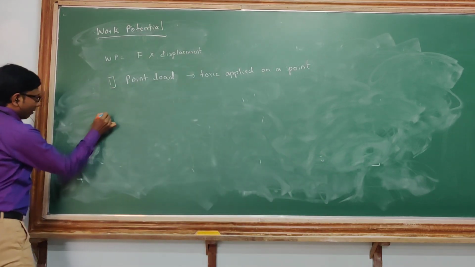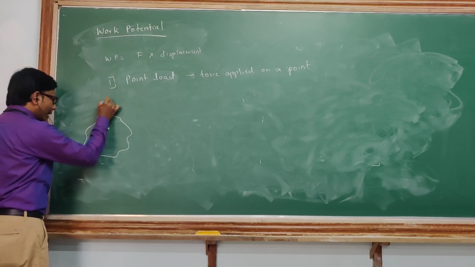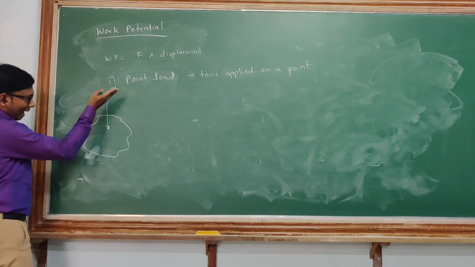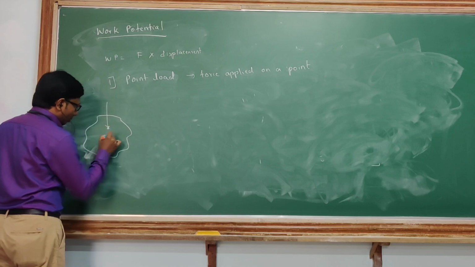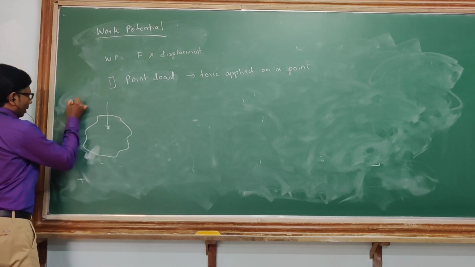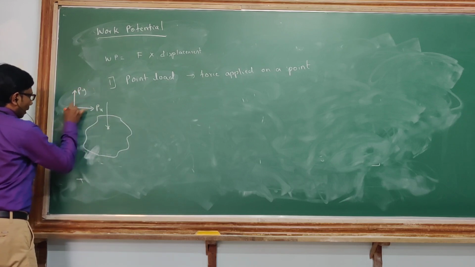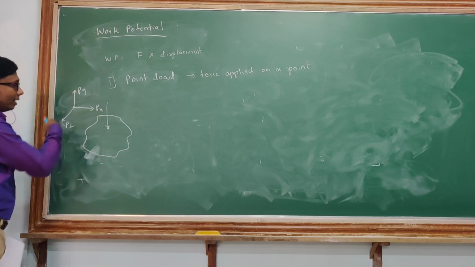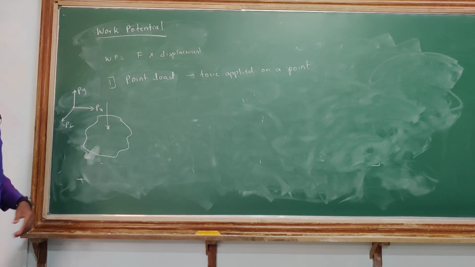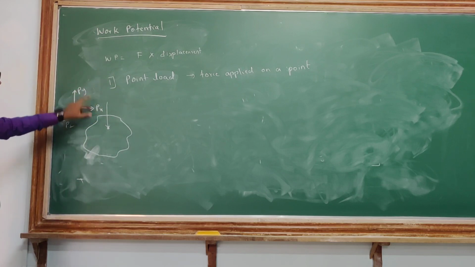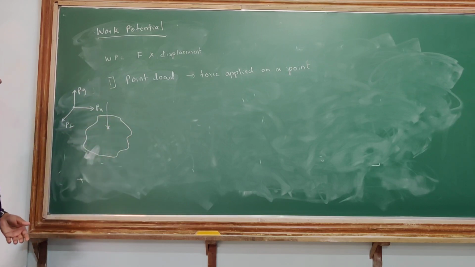So for example, if I take this as a body and just on this particular point I will be applying the load. It might be an angular load or a straight load, it will be resolved in components. So for example, we will be having Px, Py and Pz. I am not saying you have to write only Py because it is shown downward. In general it will have three directions, Px, Py and Pz. In whichever direction you are applying, that will be the displacement you will be getting.